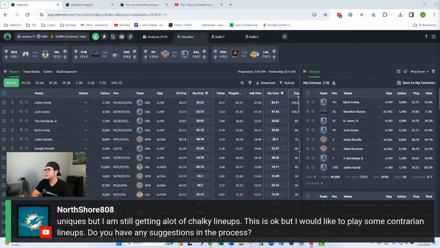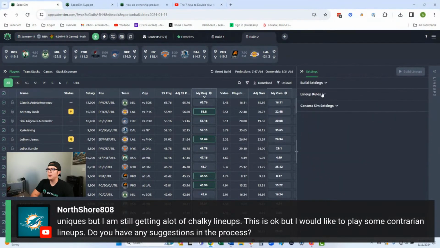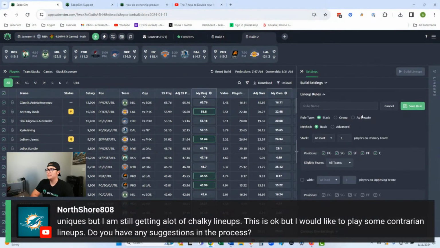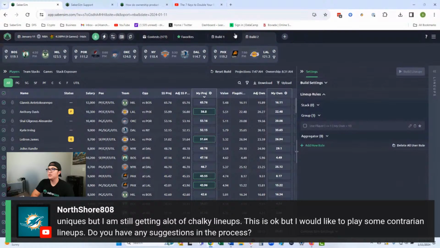Now, second part of the question, I would like to play some more contrarian lineups. Honestly, if the lineups aren't looking like what you want them to look like, you can just set a rule. If you want to lower the ownership of the lineups, go to lineup rules, go to aggregate, my own sum less, no more than X, and you can use a default build as a guide rail